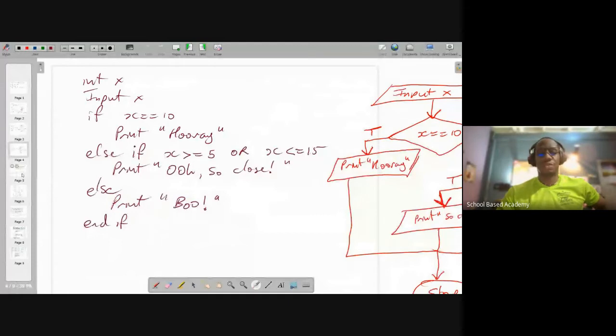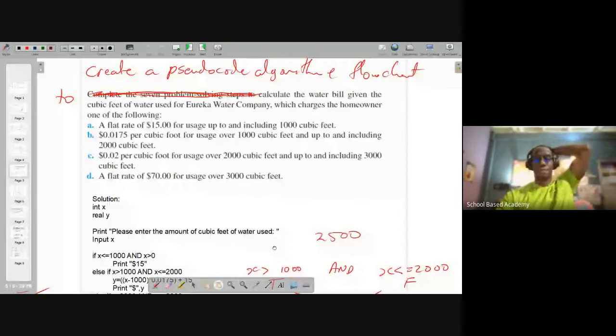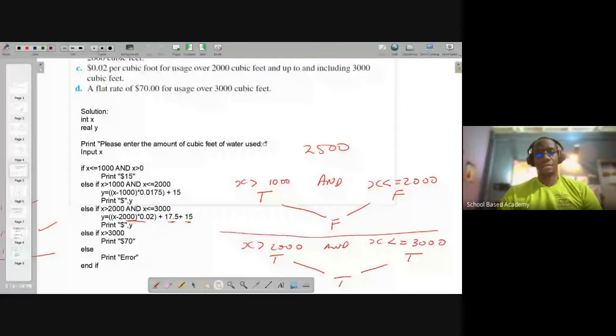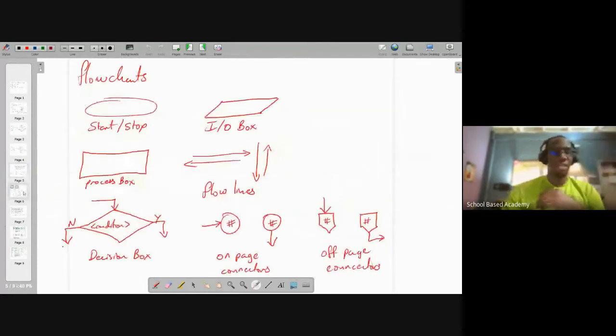So then we took a look at an example in terms of a problem. We had a situation where we wanted to calculate the cost of water usage. We knew that some people interpreted it a little differently from others, but at the same time, we wanted to focus on two things: using the if structure, and ensuring that our criteria are well represented so that we can make our choice along the if structure. Then